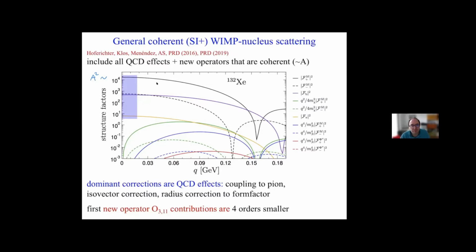Then the next two responses, so that's spin independent isoscalar and spin independent isovector. I think everybody's familiar with those. The next two lines here that survive at low Q are the purple and the orange lines, and they are both related to this chiral physics aspect. We decided to go for these two independent structure factors, FB and FPi. That would be another lecture by itself, or another few slides by itself. And you have different combinations of these depending on whether you assume a purely scalar coupling to the pion, or you couple through other operators to the pion. So they are both related to this two-body current effect,